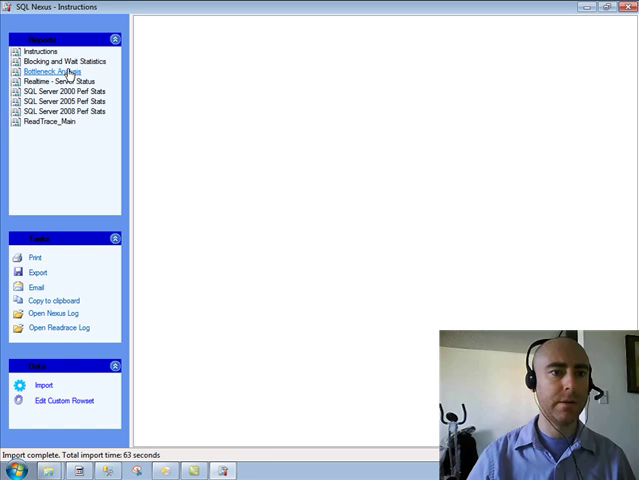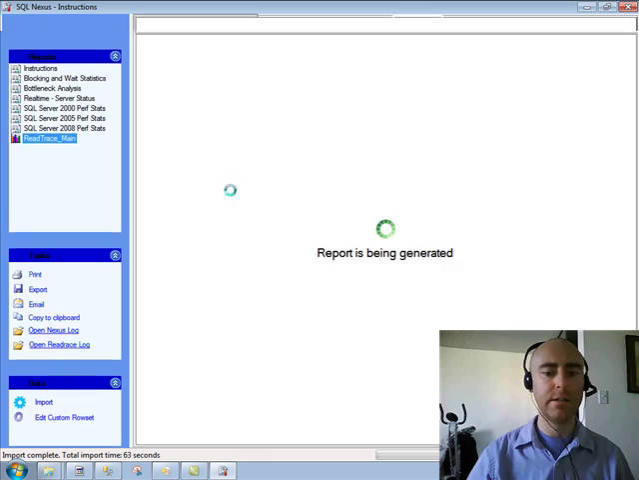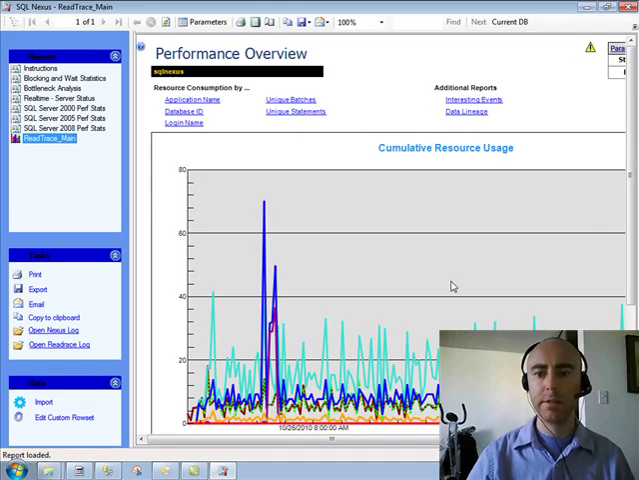Just a little note here: bottleneck analysis does work. Blocking and wait statistics does work. SQL Server 2005 perfstats does work, and retrace main does work. My favorite is retrace main, because it gives me a little bit of a correlation between the system and the queries. So once we open up retrace main, we see that we have basically a little dashboard here, and it gives us a